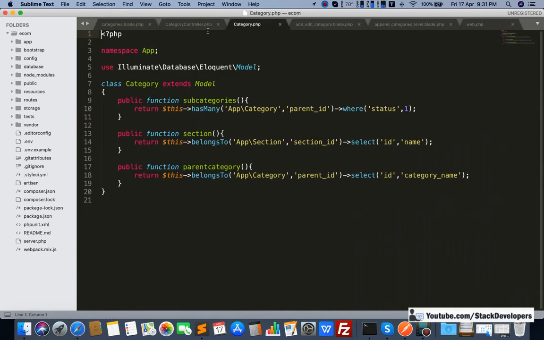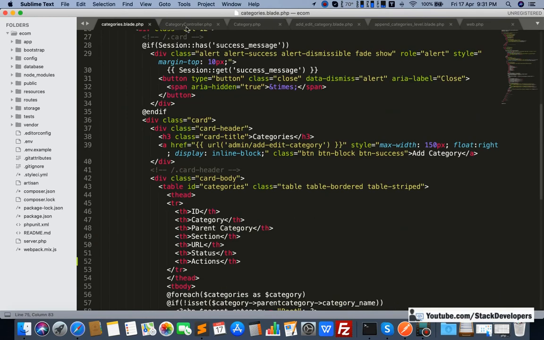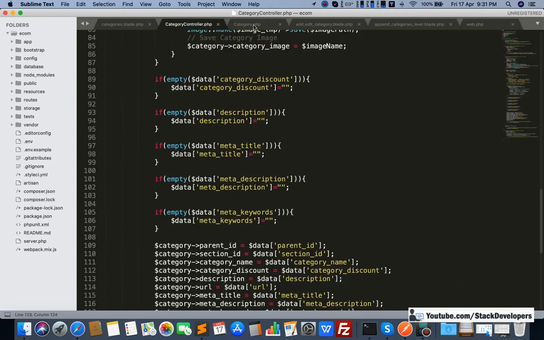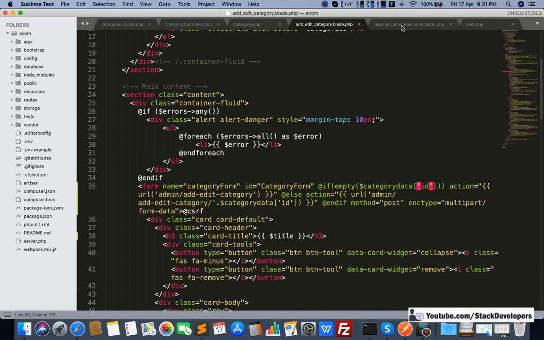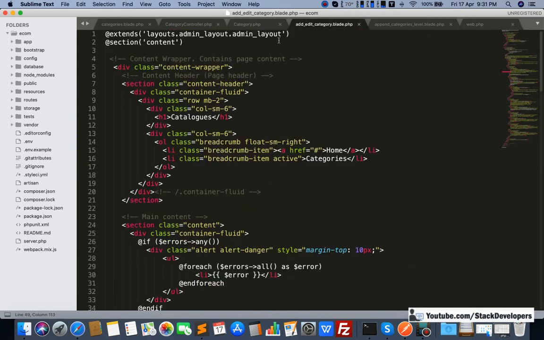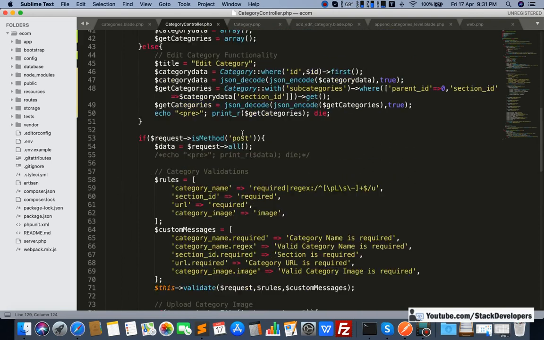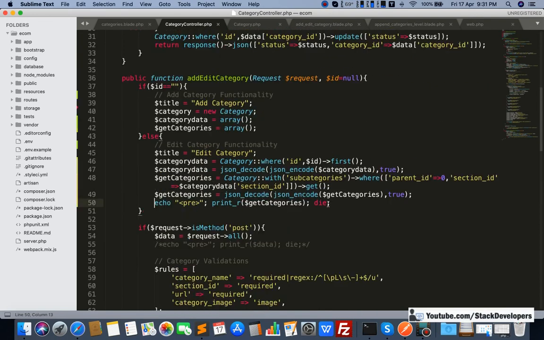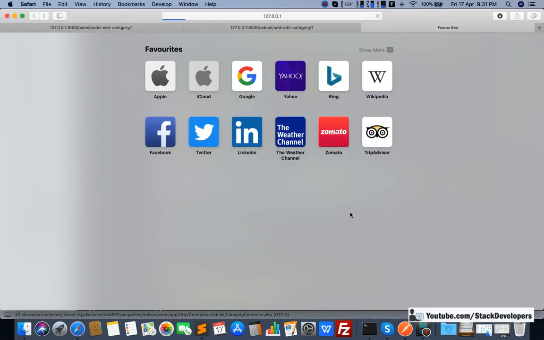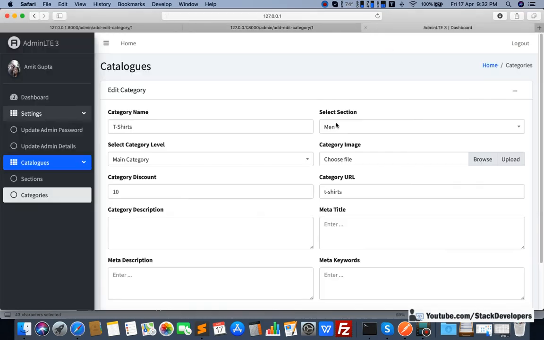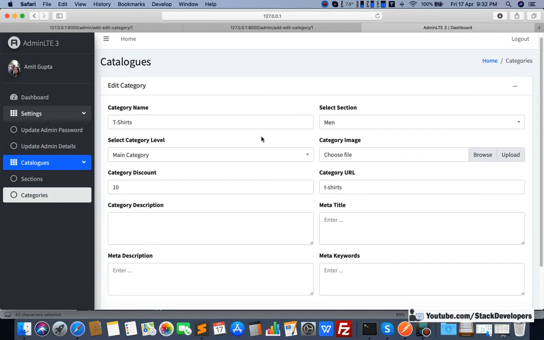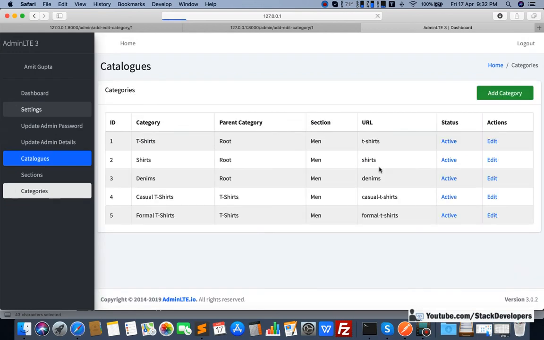Once again I am going to show this link thing. Here it is, append categories level. Here I'm going to disable this one. You can check that we are able to get the categories, sorry, the category details in this video.